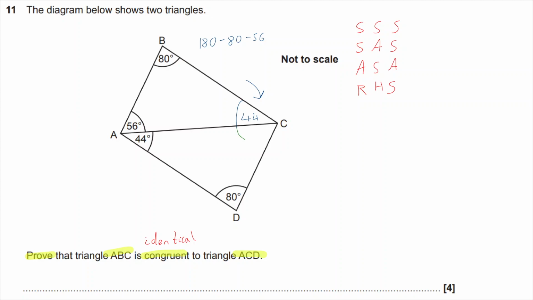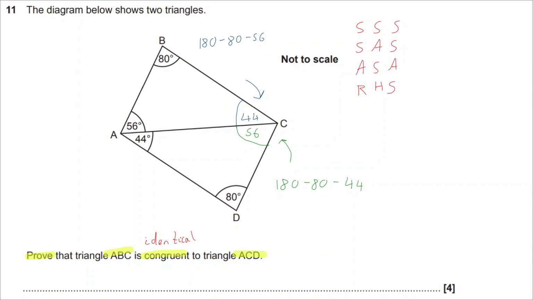And same sort of thing over here. With this angle, I can get quite easily by doing angles in triangle ACD: 180, take away 80, take away 44, which will just give me 56, and this is now good. So actually, both of these triangles share this line AC, which is a common thing when you prove things are congruent. They share this line, and because they've got angles 56 and 56 and 44 and 44 that are the same, these are going to be